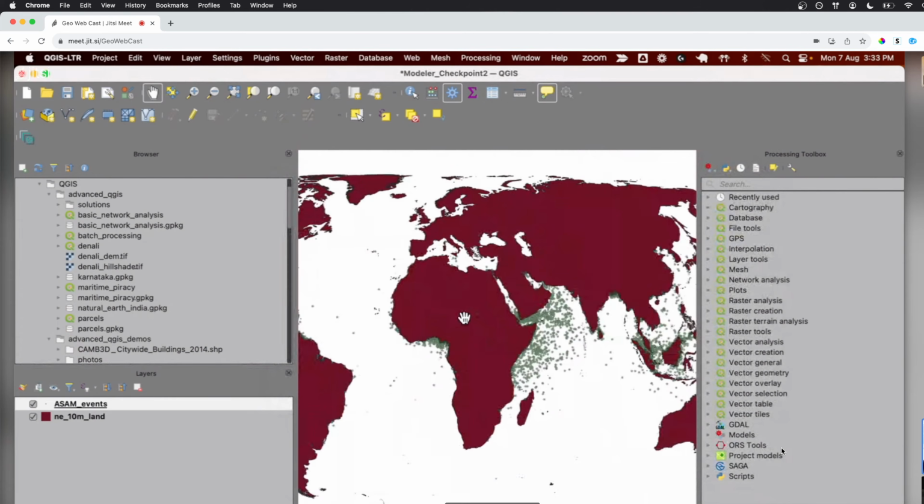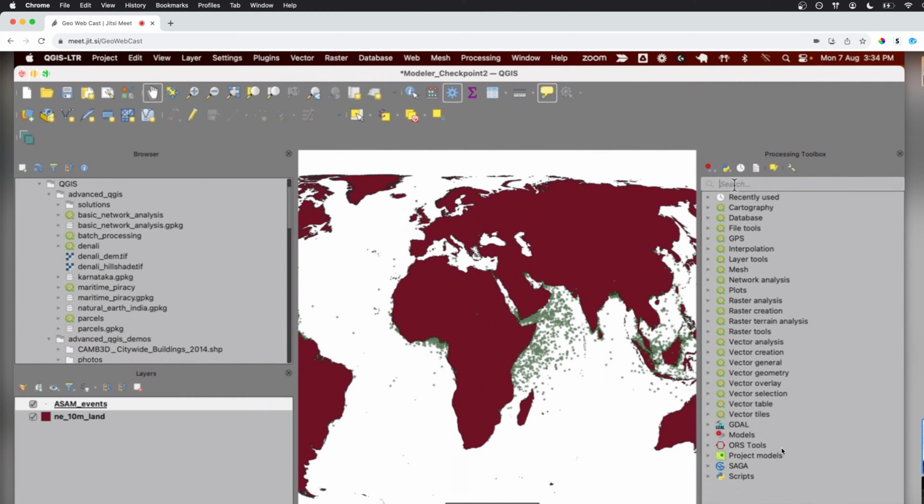So the example that we want to do is, let's say you are an analyst who's been asked how we can improve enforcement. We have, say, 10 ships, so which area should we patrol more? We want to do some density analysis and say which areas of the world are more prone to pirate attacks. So we take this data, and we want to do some fishnet analysis. We want to generate a grid and count the number of points in each polygon. First, I'll do this using the toolbox, and then I'll show what the workflow of that looks like.